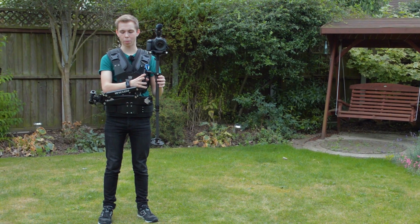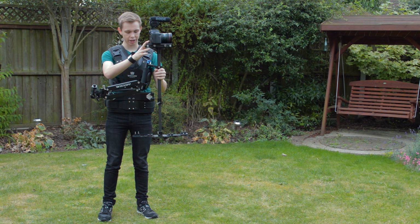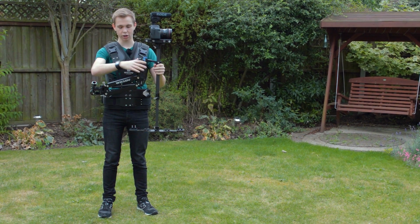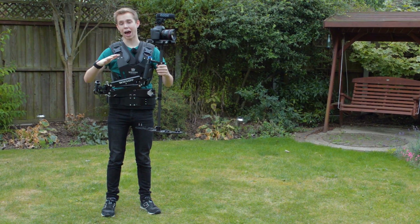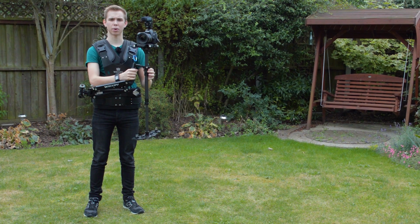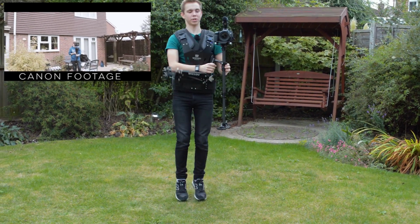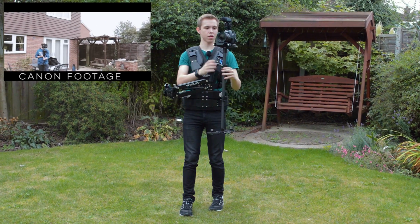So today we're going to be talking about the Wieldy Steadicam system. This uses a Steadicam HD2000 style sled, as well as a Wieldy rig, which is the chest mount, and the Wieldy 2-part spring arm. So this system allows me to walk around, jump up and down, run around in circles, and stay nice and